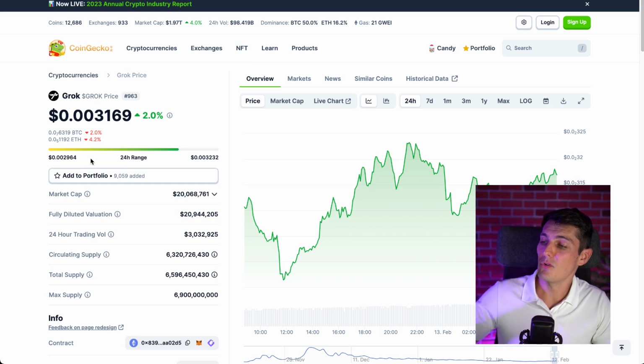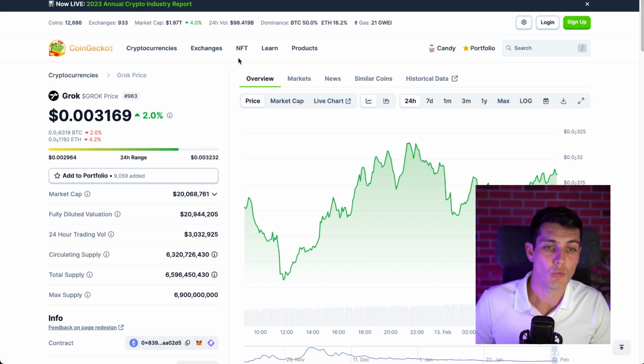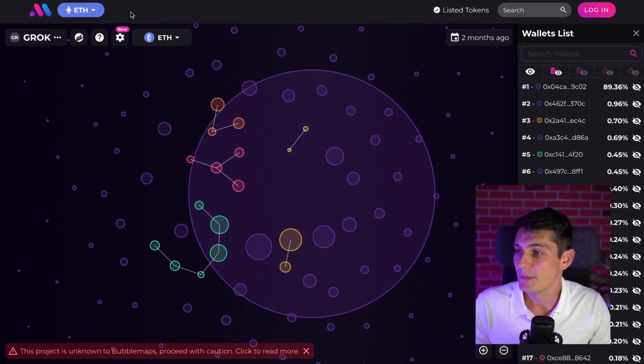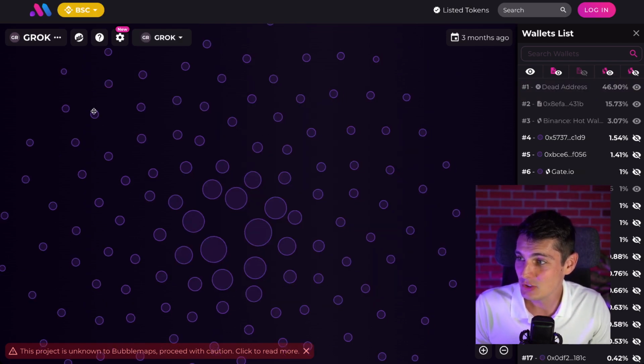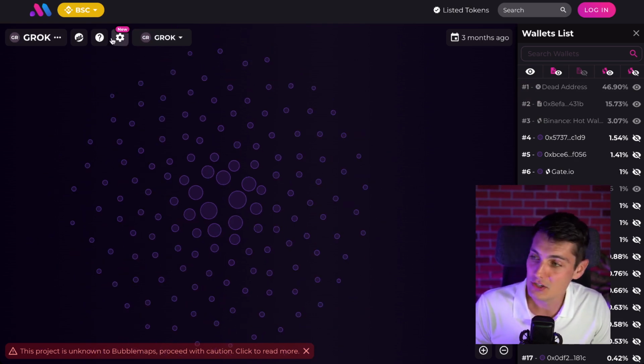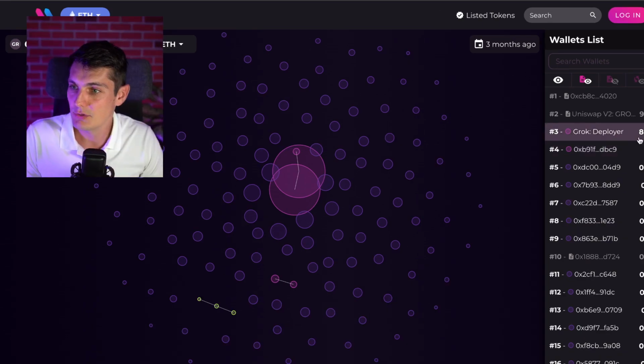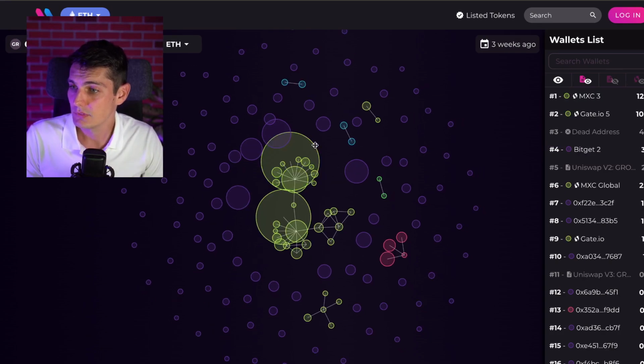Let's check another example with Grok that you probably know, which is one of the biggest meme coins after one of Elon Musk's tweets. This project was probably a big scam because one wallet is owning 90% of the supply. This is not normal for a meme coin. And then this one looks quite normal, but it's on the Binance Smart Chain. Then if I check this project, something strange as well, with two wallets owning a lot of the supply. And actually we can see here the Grok deployer and this account both connected. A bit strange. And that one is actually fine.